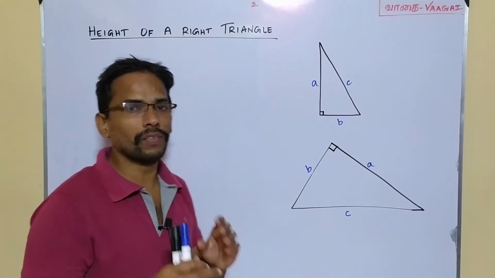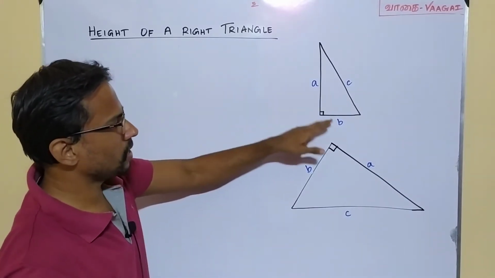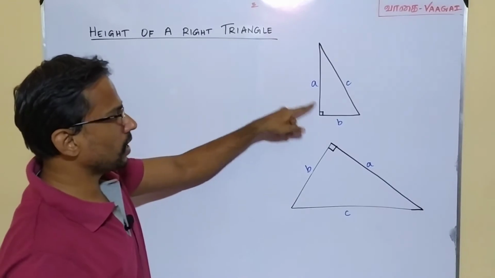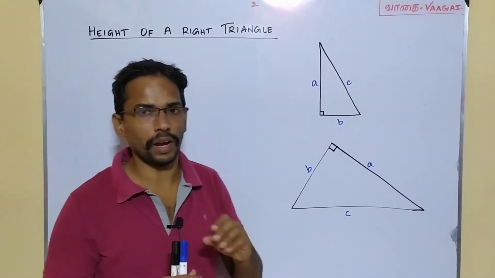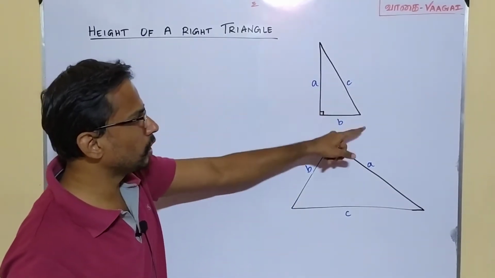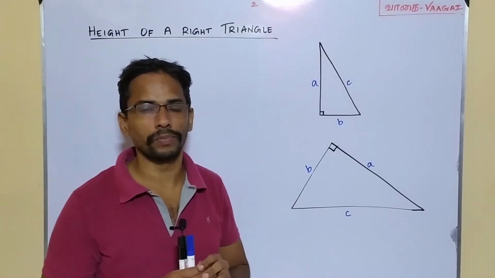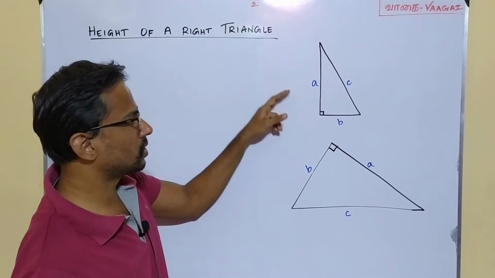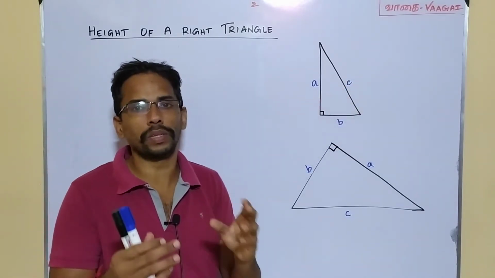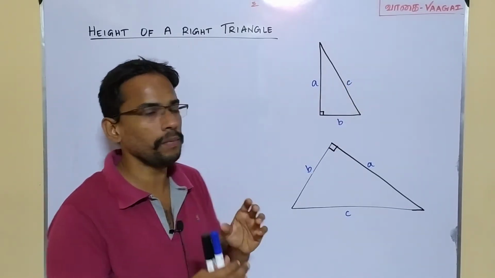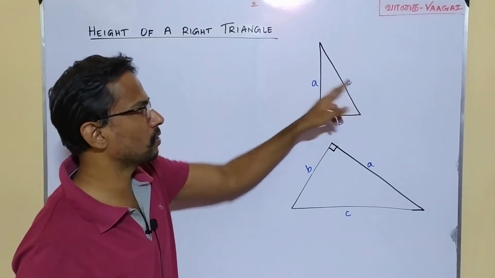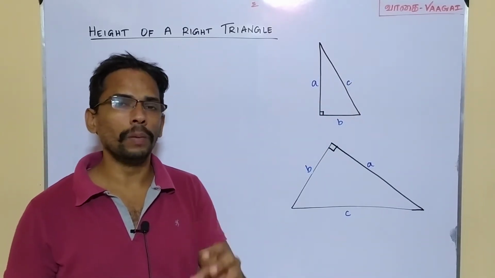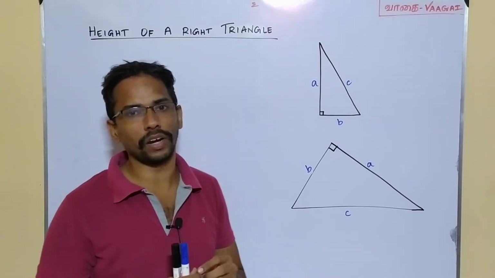We are about to derive the height of a right angle triangle. First of all, you are given a right angle triangle with three sides A, B and C, and more precisely these sides A and B share this right angle, I mean 90 degrees, and this C is going to be the hypotenuse of this triangle. So we will be able to get the relation between these three sides. Of course, we can use the Pythagoras theorem and say a square plus b square is equal to c square. But my question is, how will you be able to get the height of this triangle?